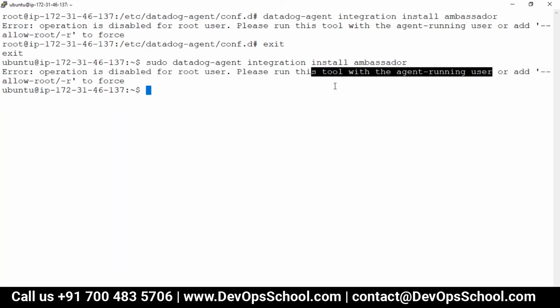User add to force is allowed for root user.